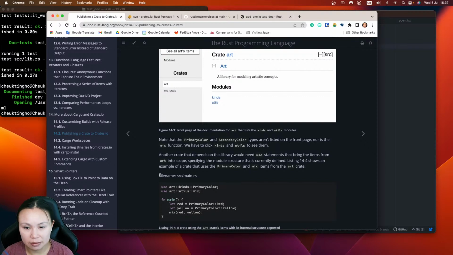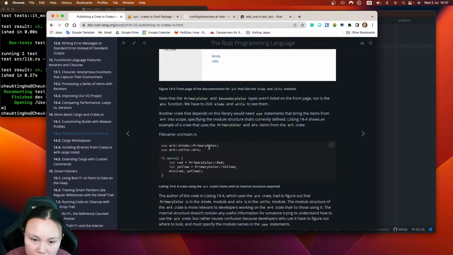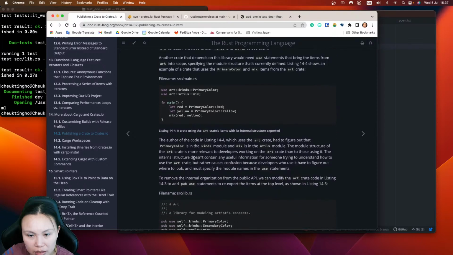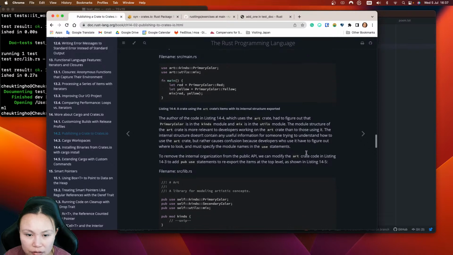Another crate that depends on this library would need use statements that bring the items from art into scope, specifying the module structure that is currently defined. So this is how it gets used if you want to use PrimaryColor and mix: use art::kinds::PrimaryColor and use art::utils::mix, like this. The code that uses the art crate has to figure out that PrimaryColor is inside the kinds module and mix is in the utils module, and the module structure of the art crate is